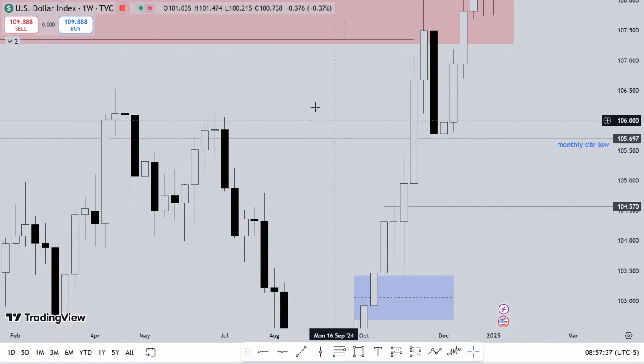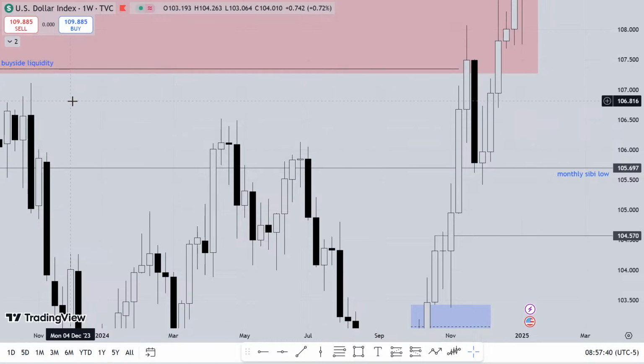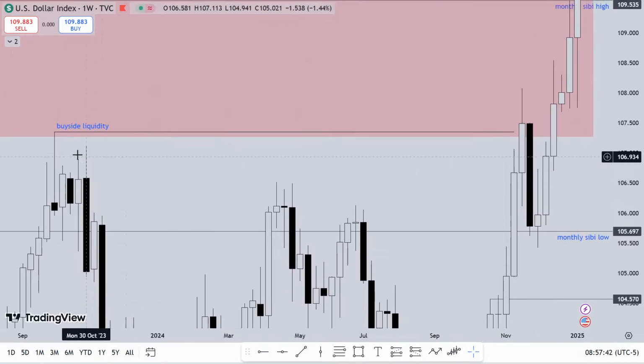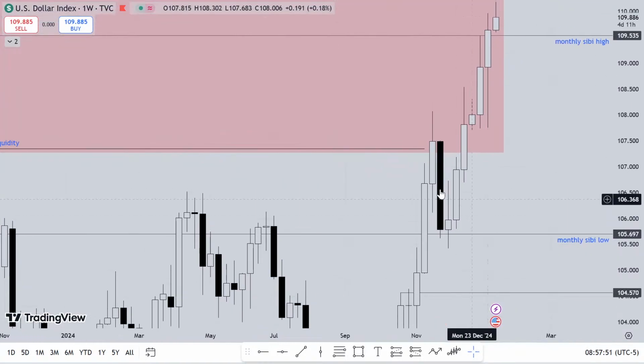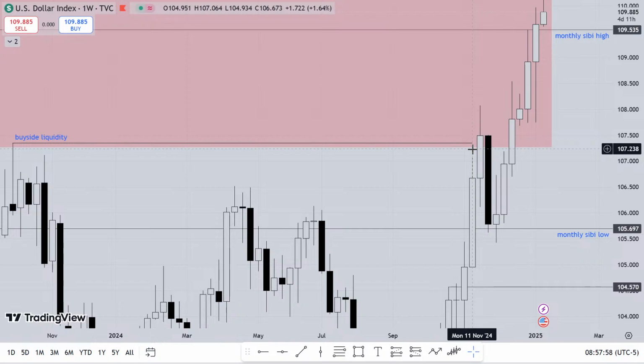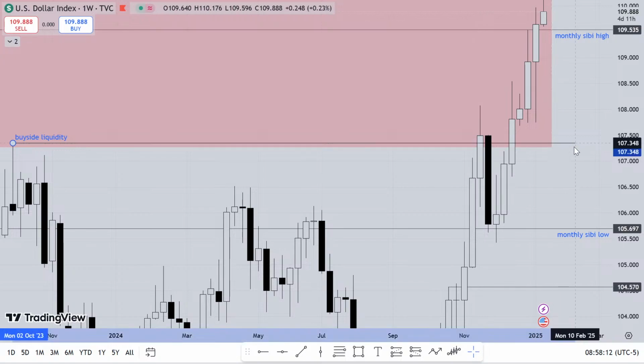Then price rallies higher and pierces our buy side liquidity target, which is also resting inside of a CB on the monthly and on the weekly. So price traded to it and then dropped lower. During this time, the uninformed will see this as a resistance level. This is what we want to see as smart money traders. What you're going to learn going forward during this year is how smart money traders capitalize on the flawed logic of the uninformed traders,